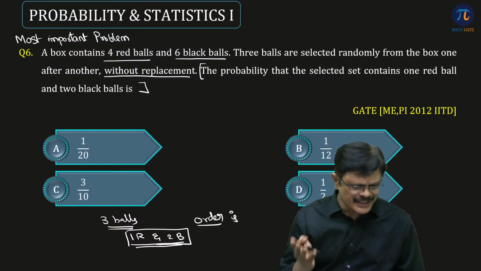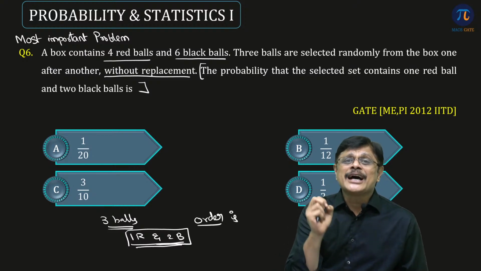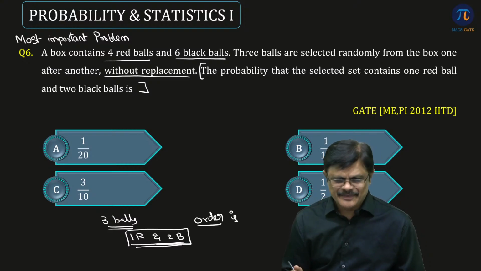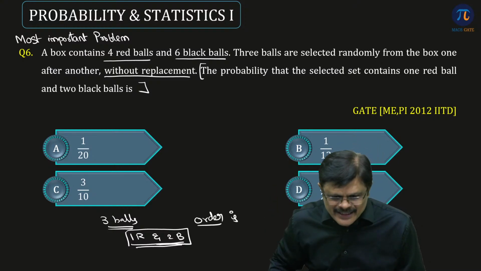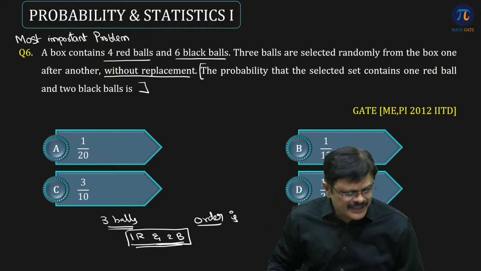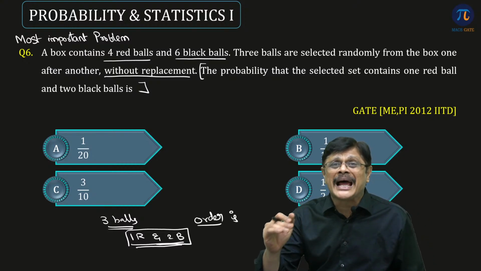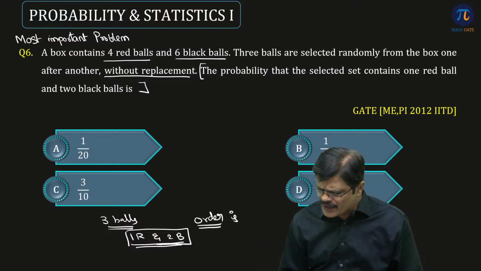If anyone is watching live, you can reply, my dear friends. Is the order mentioned or not? That is a very important point to be noted. He just mentioned 1 red and 2 black balls to be selected, but he never mentioned that first red is selected, then 2 black balls are selected. Nothing is mentioned like that. So here order is